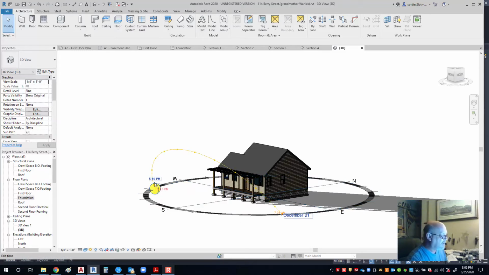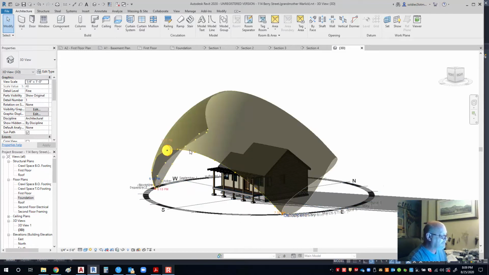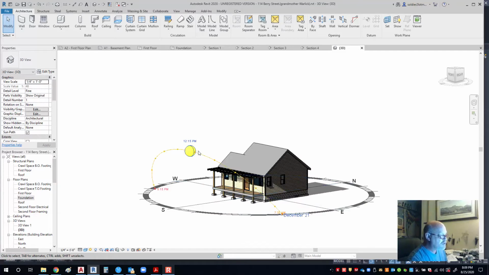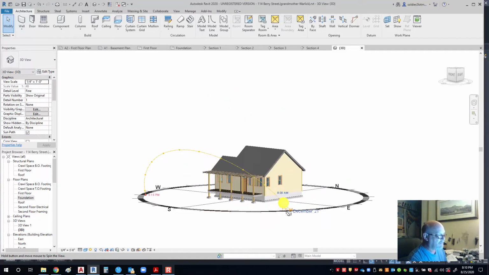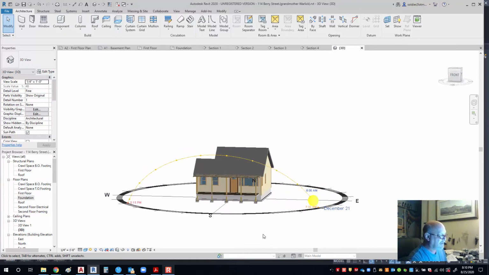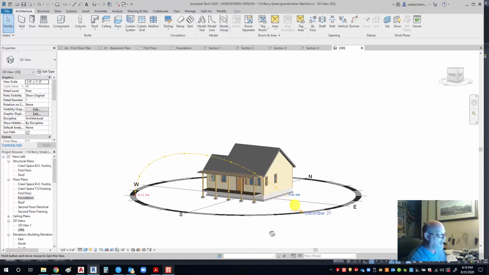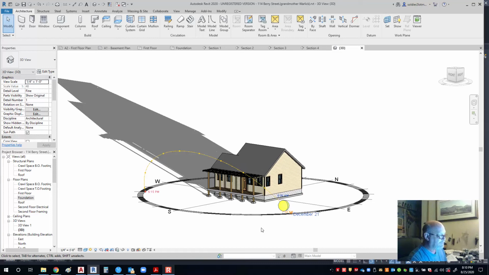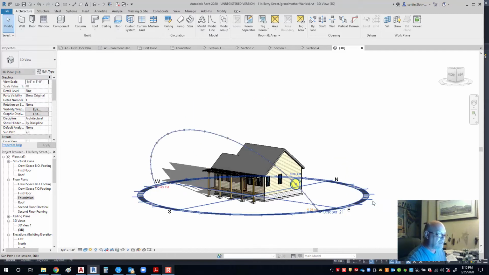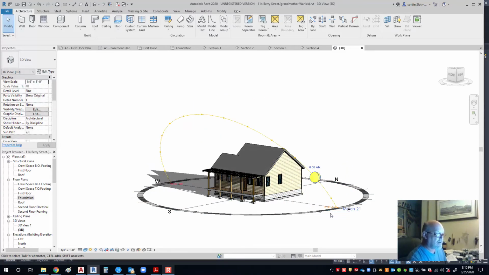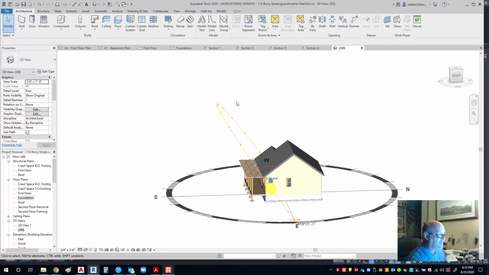And you can see, noon, 8 o'clock. Okay, so my shadow is very long at 8 o'clock in the morning. And then I can go back and change that to 6, or I can change that to 10, which is October. I can change it to 3, which is March, and it will move the